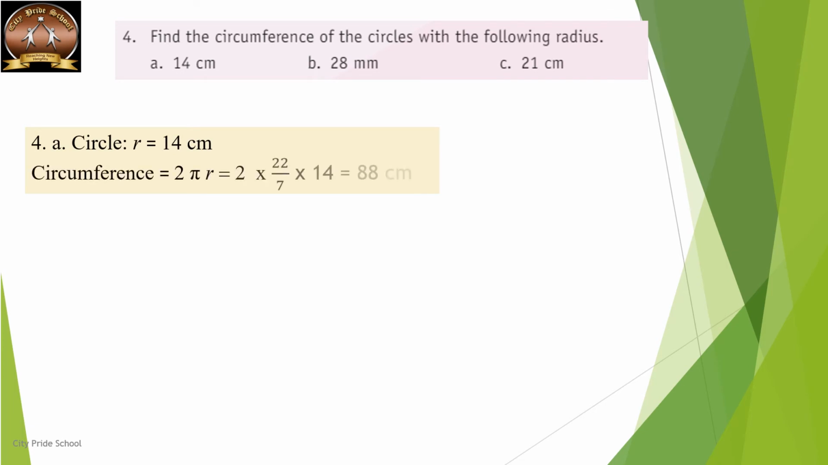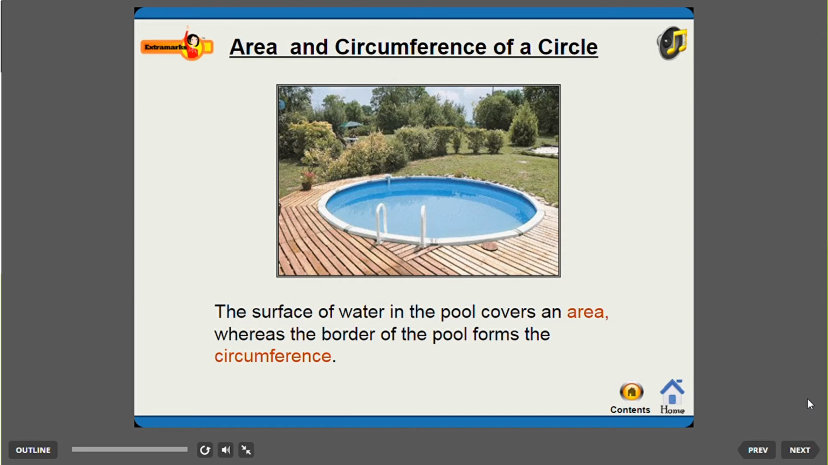14 is the radius. So 2 into 22 upon 7 into 14. Cancellation. 7 ones are 7, 7 twos are 14. And multiplication gives us the answer. Now that we have seen area and circumference, that is perimeter of a circle, let us look at the area